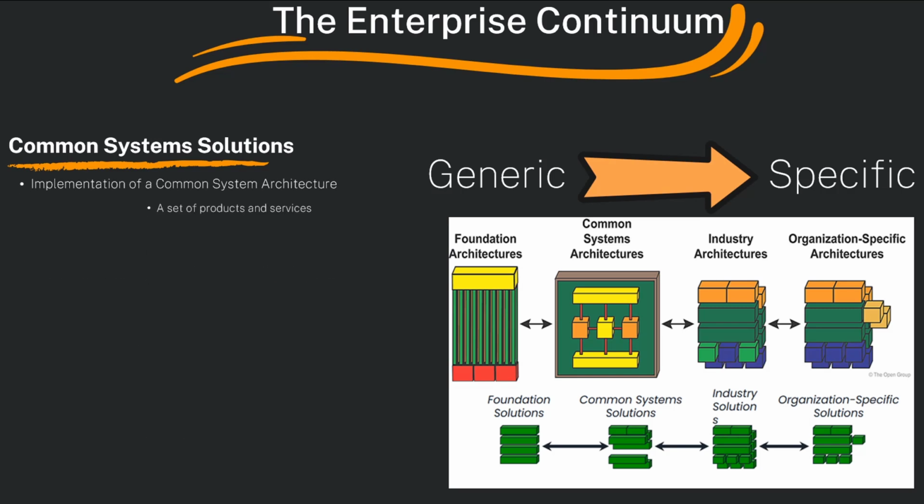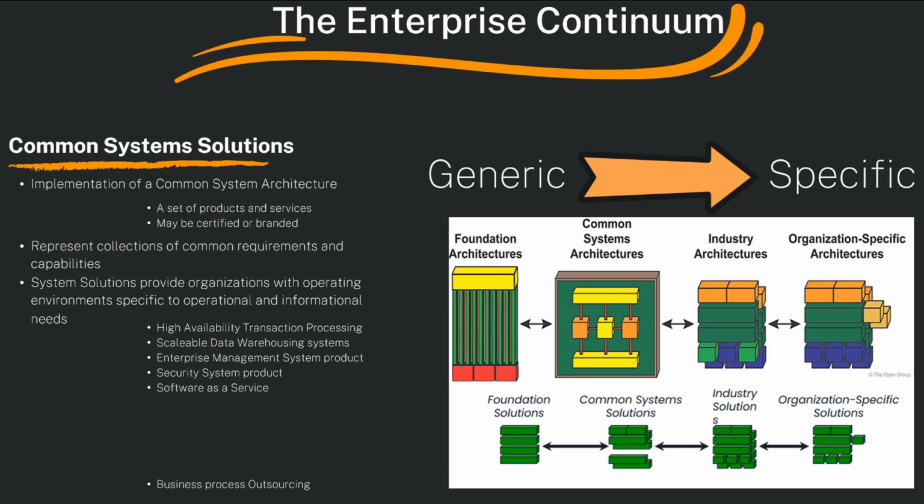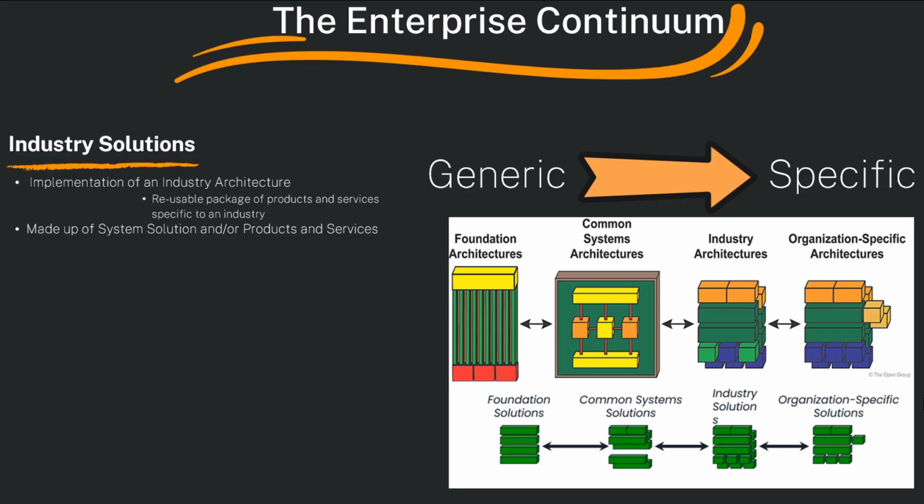A set of products and services may be certified or branded, representing collections of common requirements and capabilities. System solutions provide the organization with operating environments specific to operational and informational needs: high availability transaction processing, scalable data warehouse systems, enterprise management system products, security system products, software as a service, business process outsourcing. Industry solutions: implementation of an industry architecture, a reusable package of products and services specific to an industry, made up of system solutions and/or products and services, augmented with industry-specific components, for example a physical database schema and an industry-specific point of service device,